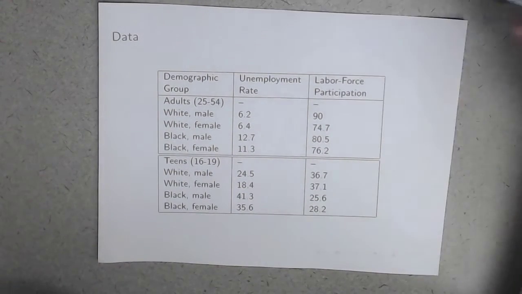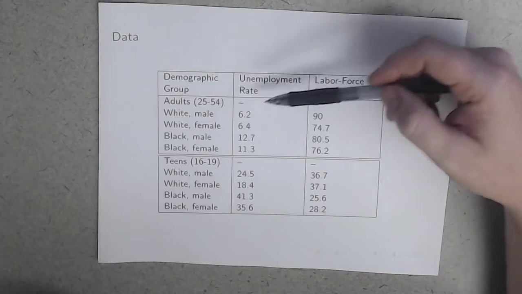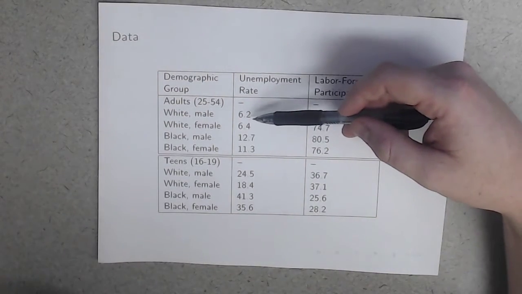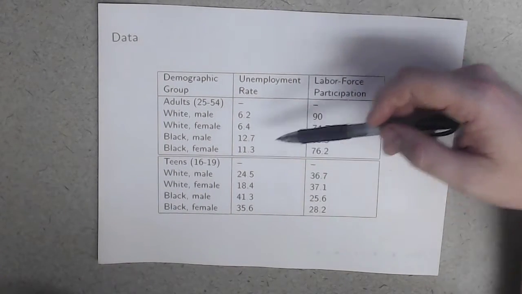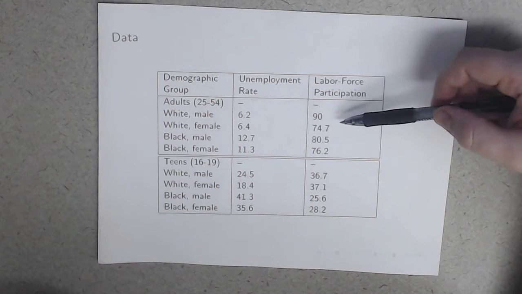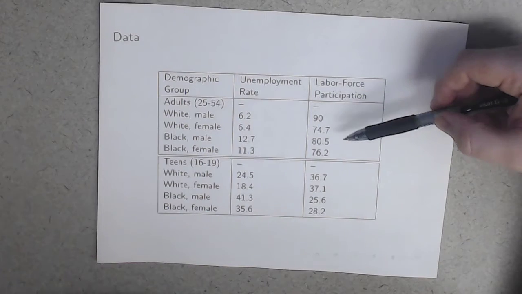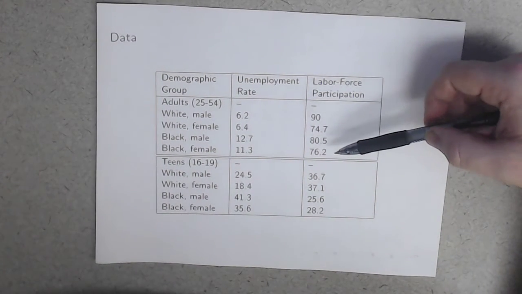So if you look at the data just very quickly, and just to clarify, I don't cause these things to be true. I'm merely reporting what we see. Okay, if we look at this for adults between the ages of 25 and 54, there seems to be a marked difference between white unemployment and black unemployment. And there's a marked difference between the labor force participation rates too, right? At least for men. For women, it's about the same, right? They're only 1.5 percentage points off.